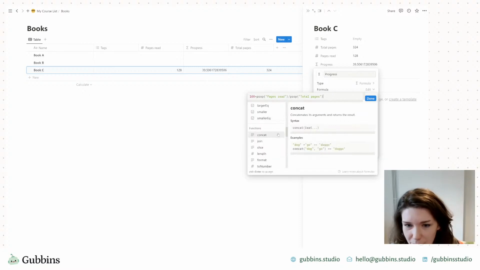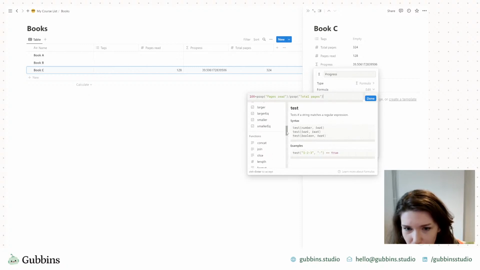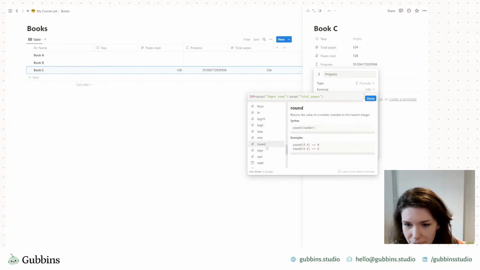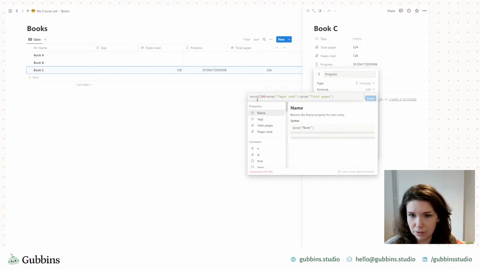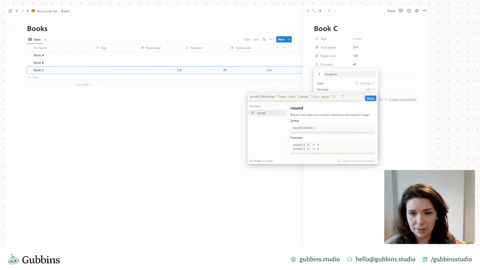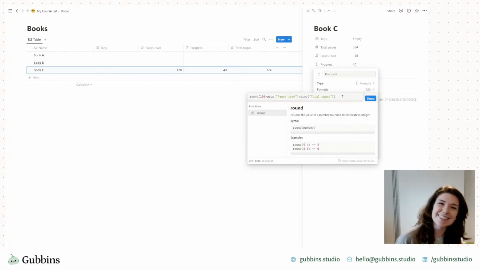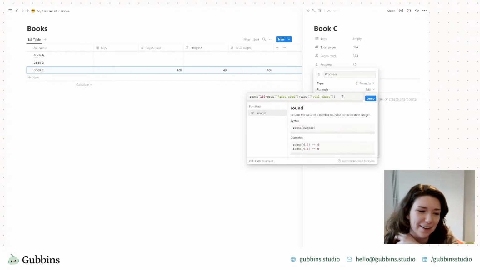Let's see, is there a way to flatten this? If we go over, we go over, that's fine. Round. Yeah, round, that'll do. So how do you use this? Round this. So that will give you the rounded up value. But then this is a number. It really is silly of me to dive into formulas at the 11th hour.